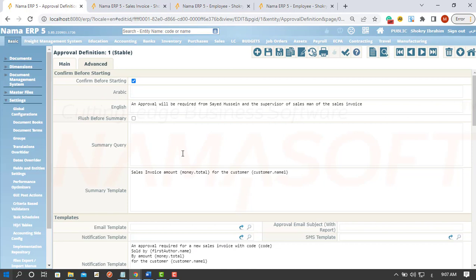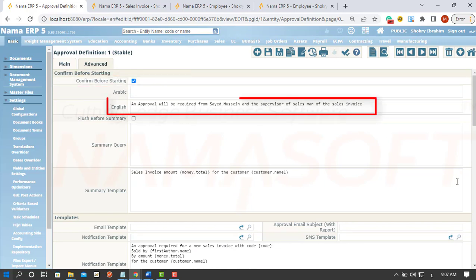In the Advanced Screen tab, I selected this checkbox to display a confirmation message to the data entry to acknowledge him that this invoice will need 2 approvals, which are Syed Hussain and the supervisor of the salesman of the